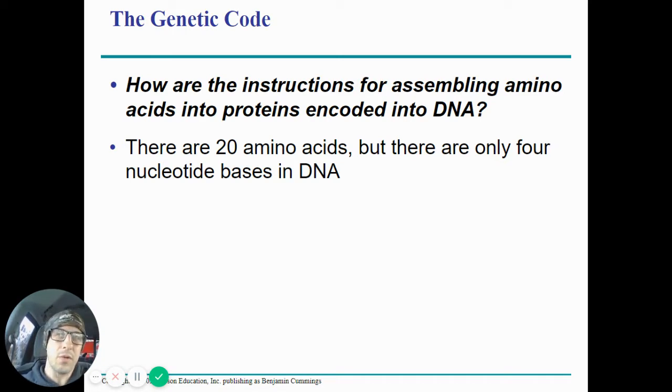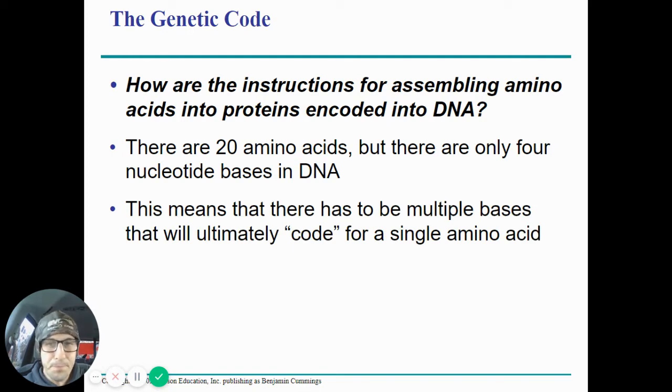We know that DNA ultimately turns into proteins, but scientists had trouble figuring out what kind of association the DNA had with creating the protein. So we know there's 4 nucleotide bases in DNA. There are 20 amino acids. What is the relationship there? What's the correlation? And it turns out that there has to be multiple bases that will ultimately code for a single amino acid, because we can't have 4 DNA bases, one for each amino acid, because there's 20 amino acids,